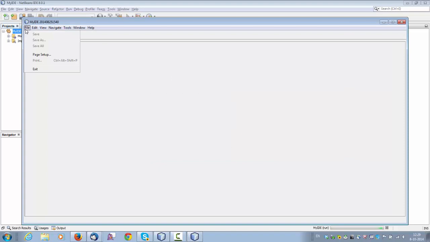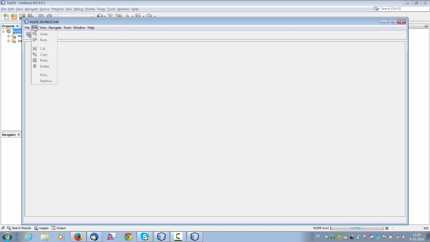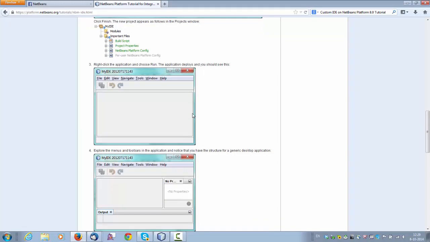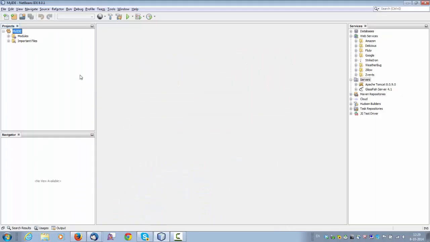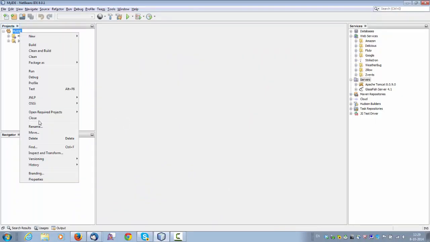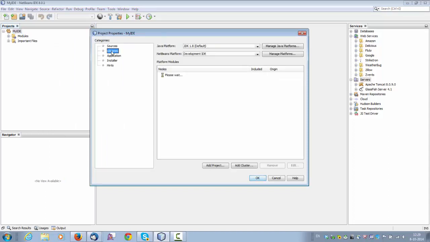And now we have a generic NetBeans application, but we want to create an application on top of the IDE functionality, which includes, for example, the project system from NetBeans IDE. So we return to the tutorial, and we right click and we choose properties, and we go to libraries,